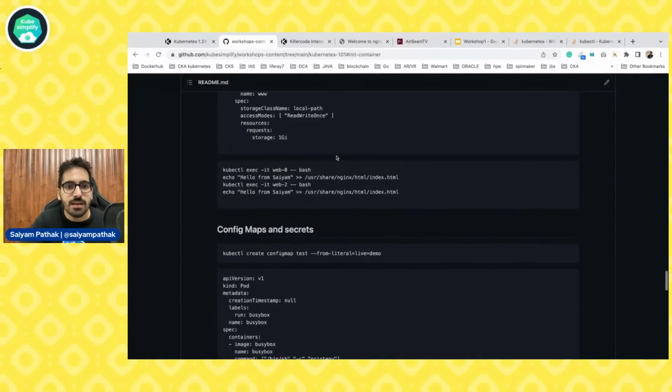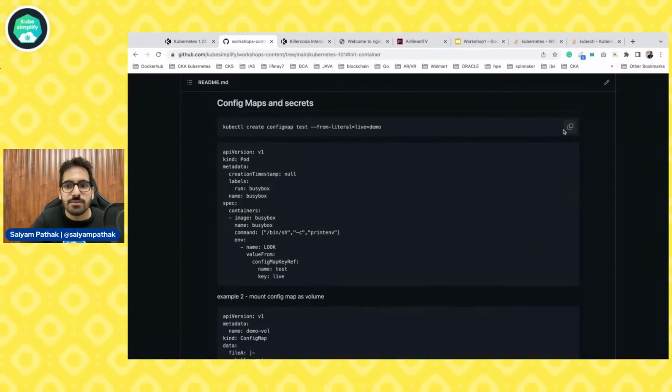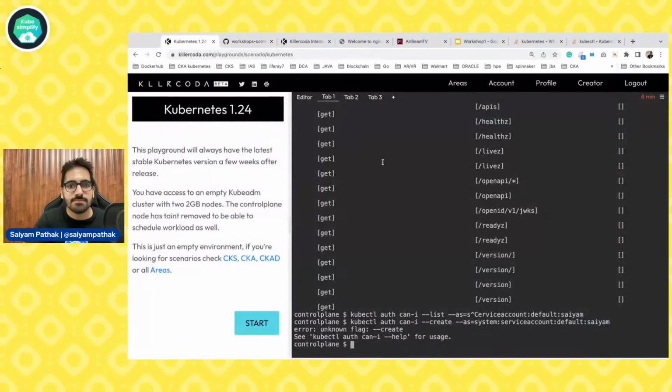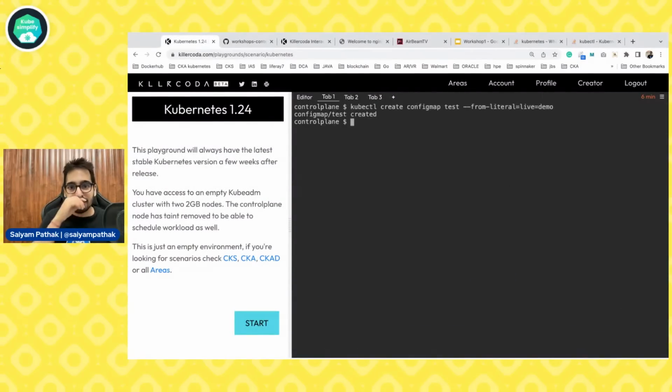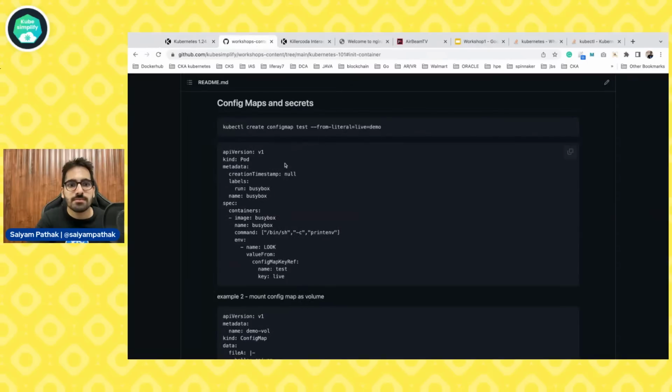Kubernetes config maps and secrets. So let's create a config map. You can create a config map from literal, from string, from file. So there are multiple ways where you can create. Clear the screen, create config map,